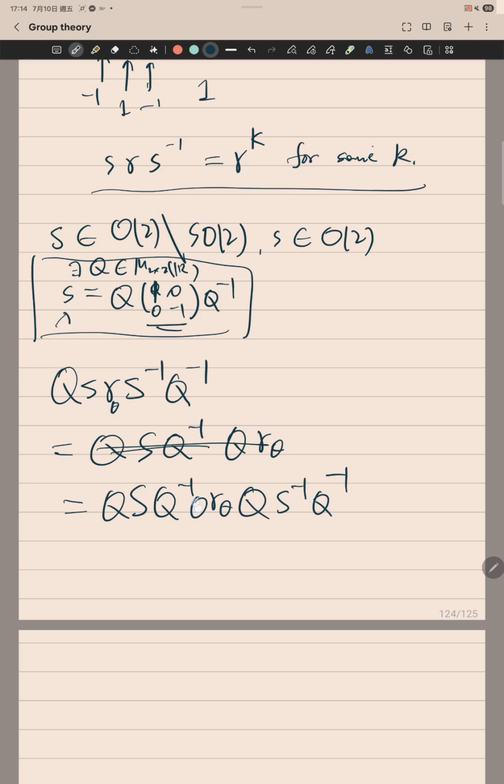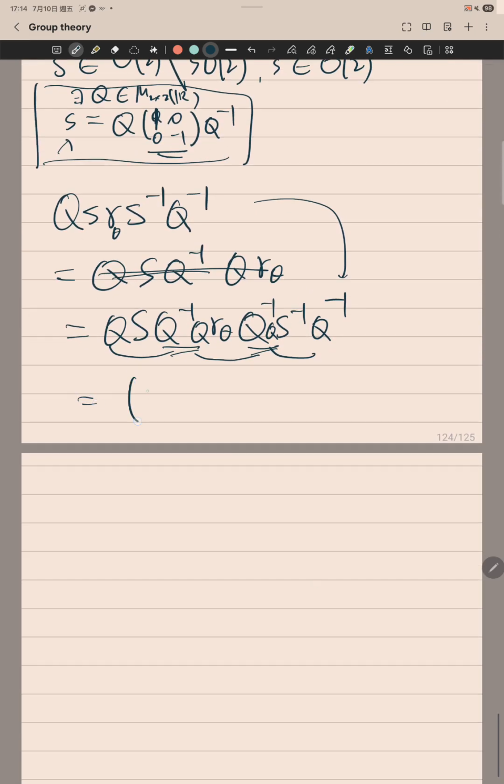Q here, Q here. Okay, so this is exactly the same, I just insert these two Q's. So this term will give [1, 0; 0, -1]. And let's see this: Q R theta Q inverse